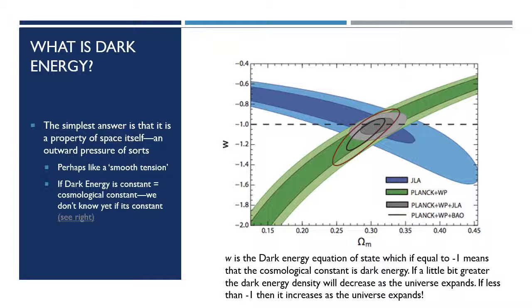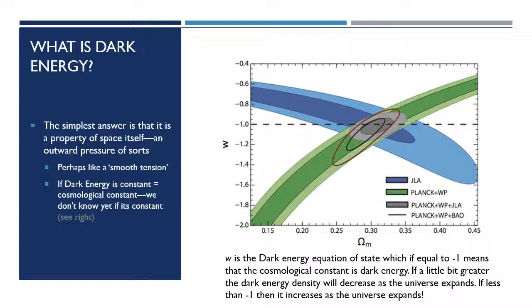The cosmological constant is the simplest explanation of what dark energy is. It's just a property of space itself. It's just an energy density of space. It's really small, and it's not really that surprising. It's a natural thing that Einstein added to his equations a long time ago, and we took it out because we didn't need it, but now we need it again with more precise measurements of the universe.